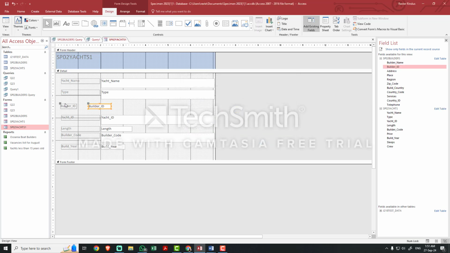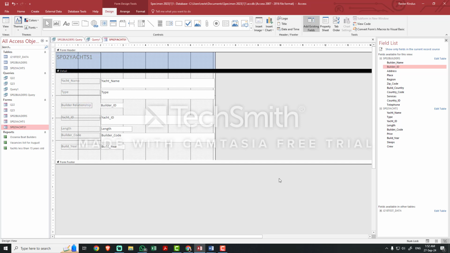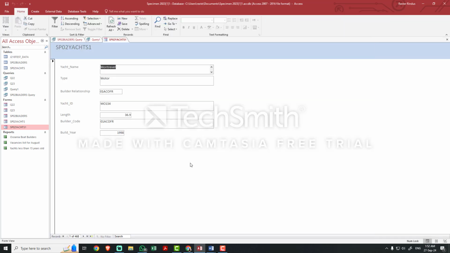You can see now that the field builder ID is displayed here. That should be the case of it. And they said that there are even instructions to rename this particular thing. So let me just name that one as builder relationship, example only. They said to make it a builder relationship, something like that. And later there was a follow-up question for it. Let me just run it first and see. All right, so the builder relationship. This is the thing we can have.